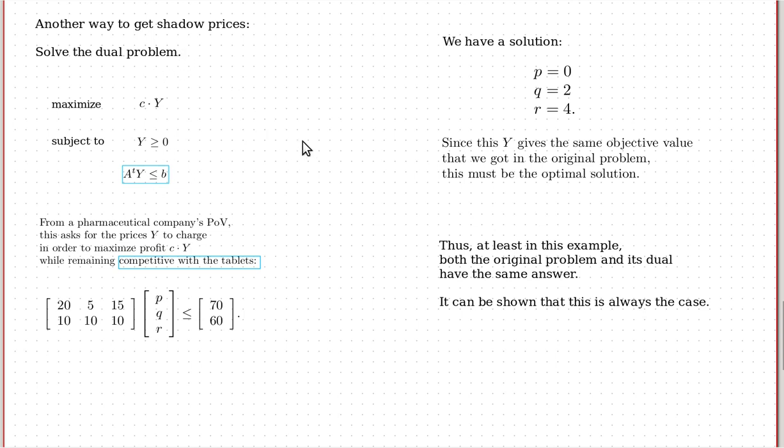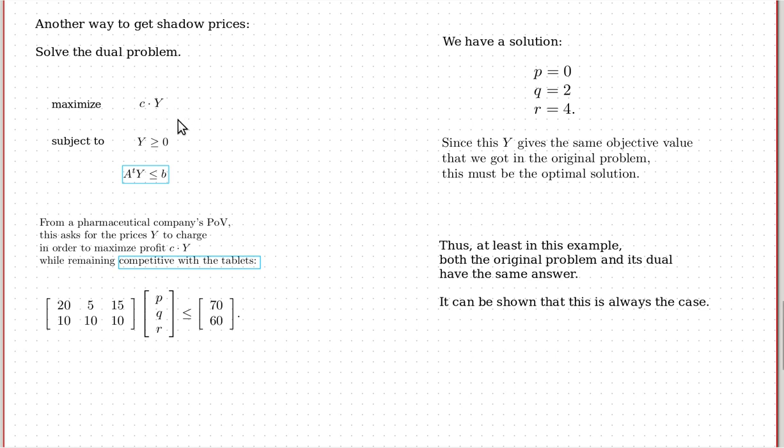Now, if you think about what this is saying, it's saying let's find a vector y. Let's say y consists of 3 variables, p, q, and r, such that dotting y times c, and recall that c was the vector of vitamin requirements, right? So how much of vitamin P you needed times the price of vitamin P, plus how much of vitamin Q you needed times the price of vitamin Q, plus how much of vitamin R you needed times the price of vitamin R. That gives you the total cost, right? And from the point of view of the shadow prices,